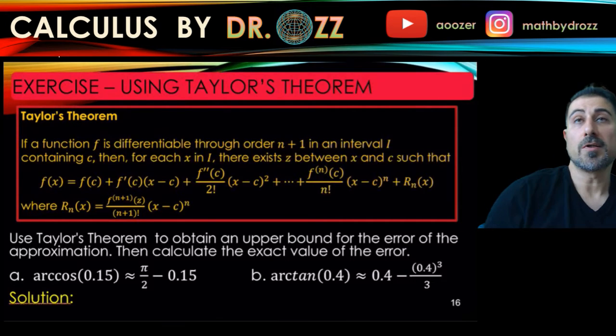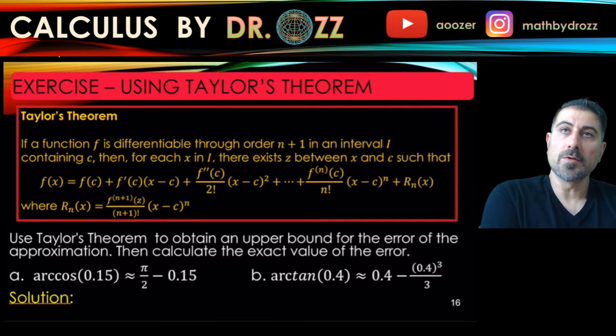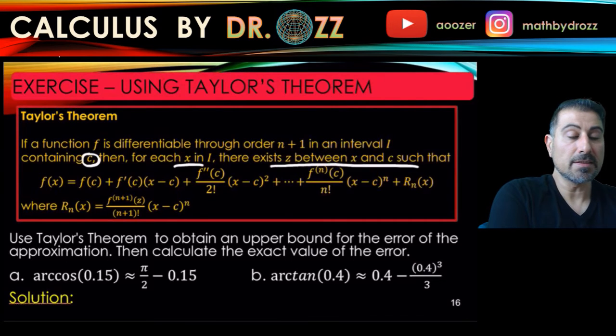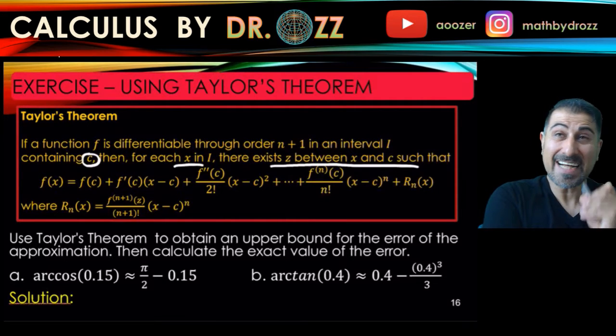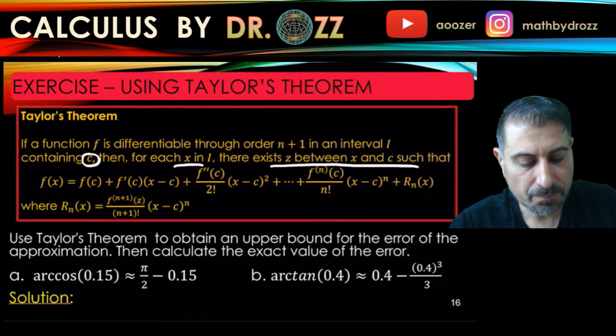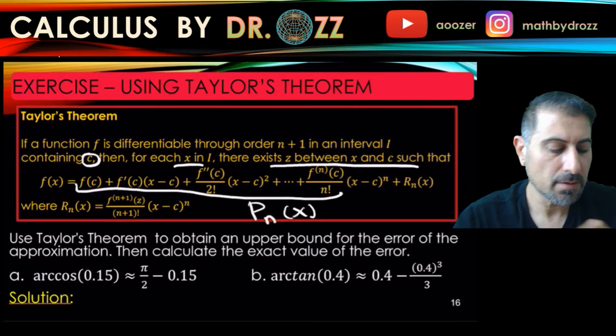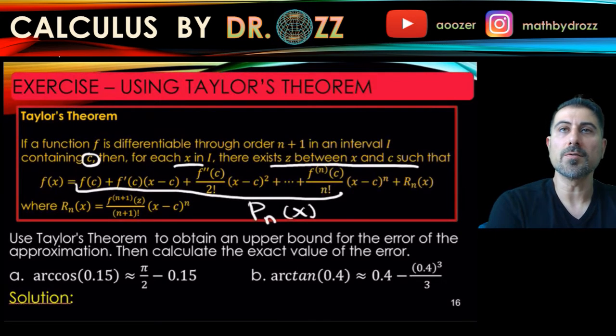Let's say we have a function differentiable through order n+1 in an interval I containing the point c. This is the expansion of f at point c. Then for each x in I, there exists a number z between x and c such that f of x is exactly equal to the Taylor polynomial of order n, which is Pn of x in our notation, and all of